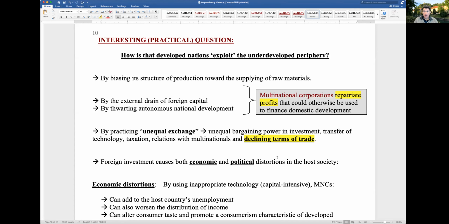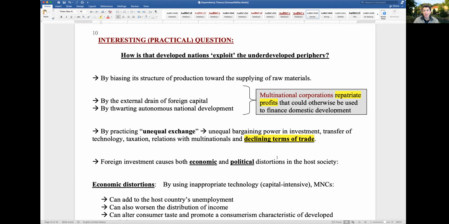So the question for this section was, okay, tell us, how is it that rich nations actually exploit poor nations? How is it that the center countries exploit the underdeveloped periphery? On Wednesday, I started talking about the importance of multinational corporations. I said that one way they exploit is by practicing what we call profit repatriation, which is highlighted in yellow